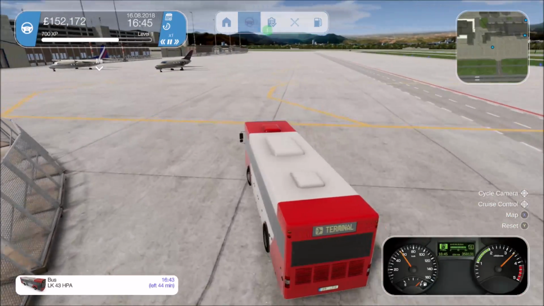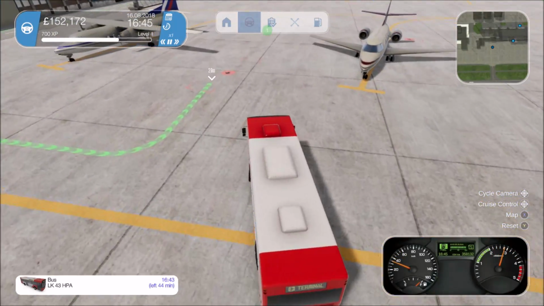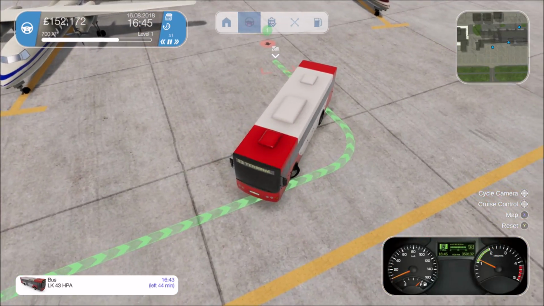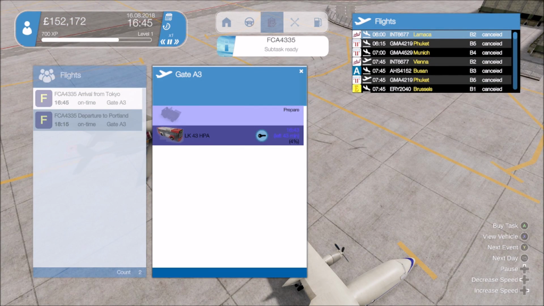Would like to see if there's a possibility of having like your own sort of skins for your vehicles. Skin them all up to look the same. Right, we need to spin around. That'll do there. Speed it up a little bit. Right, and then stop. So we can now...